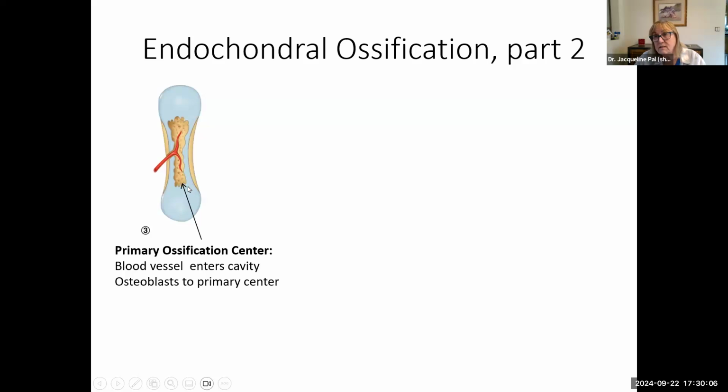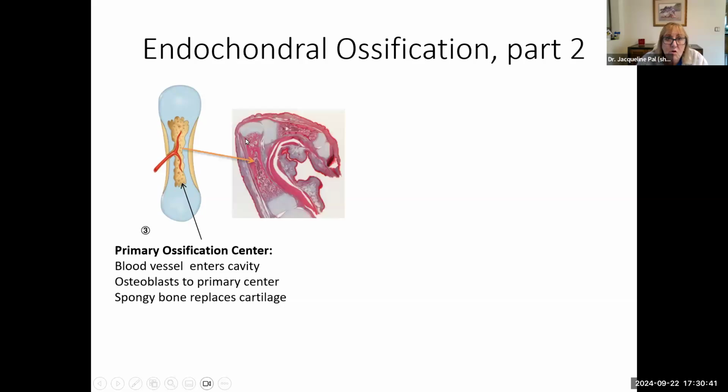And what are those osteoblasts going to do? Their job: they're going to lay down osteoid, that organic matrix. And then after that, they're going to calcify it, make it rigid. Then they're going to retire and become osteocytes, trapped in a little hot tub in their lacuna. Yes. And so we're going to end up with spongy bone, replacing the cartilage in the diaphysis of what used to be that cartilage model.